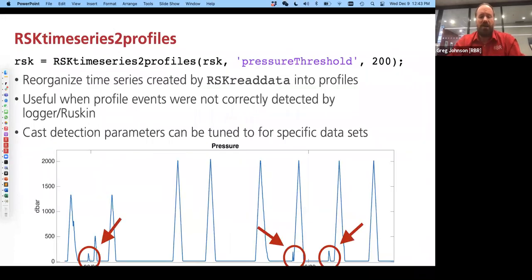Now, the logger may sometimes mistakenly attribute profiles to data that wasn't a profile at all. And so you can take the same data and slurp it in as a time series and generate the profiles yourself according to a pressure threshold. You can look at the help for more details on this, but this is useful, for instance, if you are